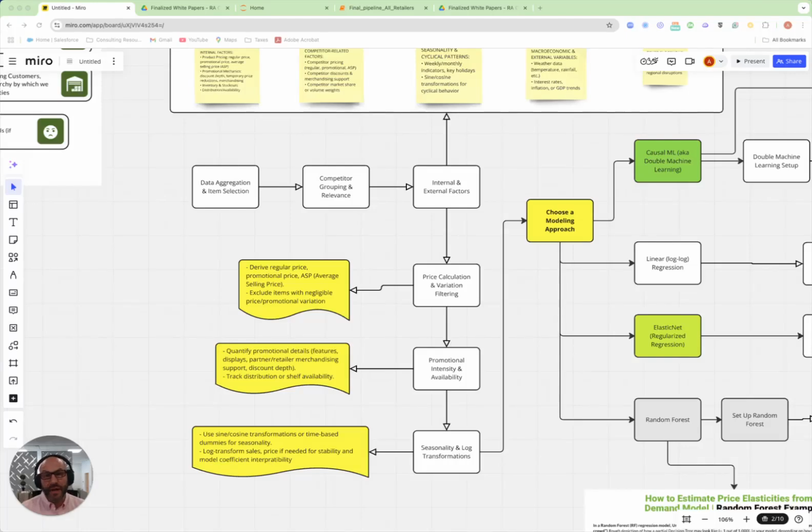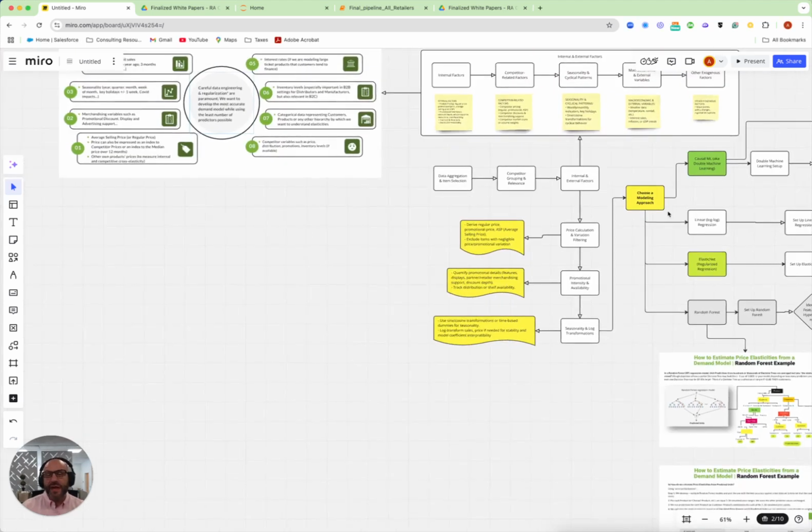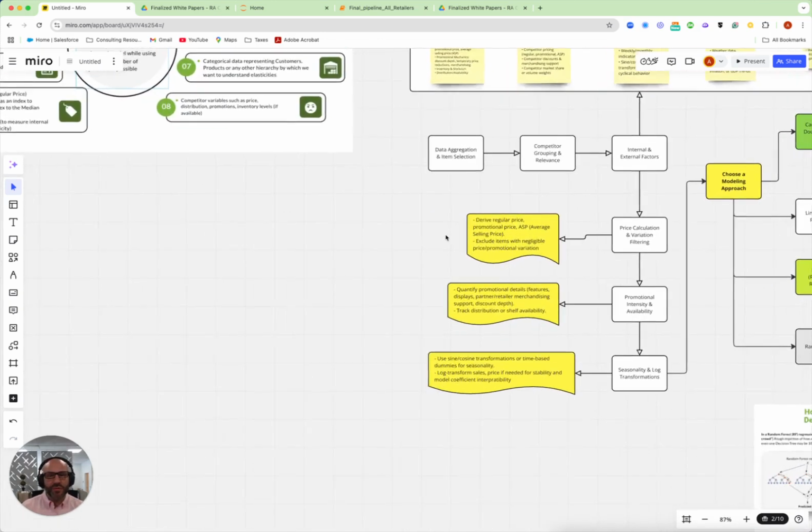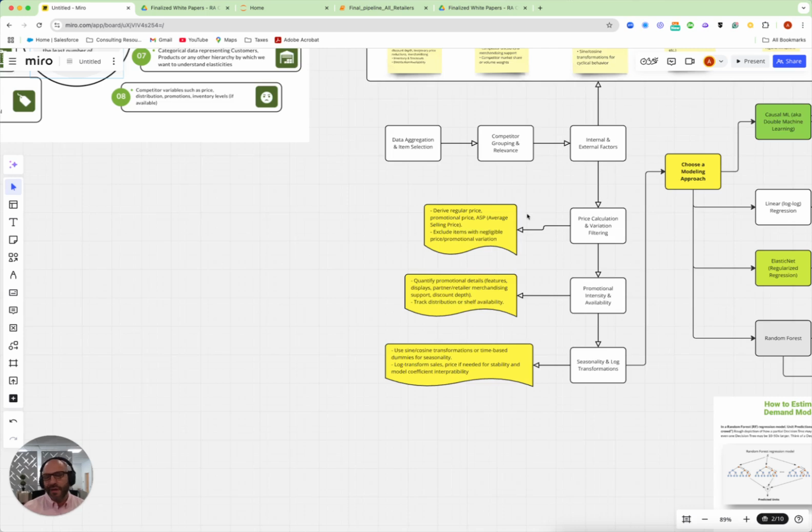Hi everyone. Today I'll give you a quick overview of how we model price elasticities using 4 different approaches: double machine learning, otherwise known as DML or causal machine learning, for causal inference, a linear log-log model, elastic net, or random forest. We start by collecting sales transactional data, competitor prices, promotions, inventory distribution, and many other external factors